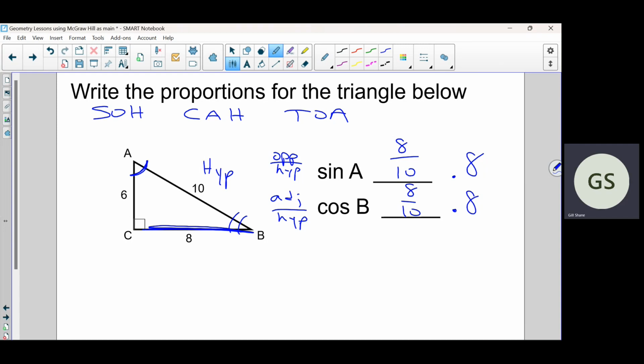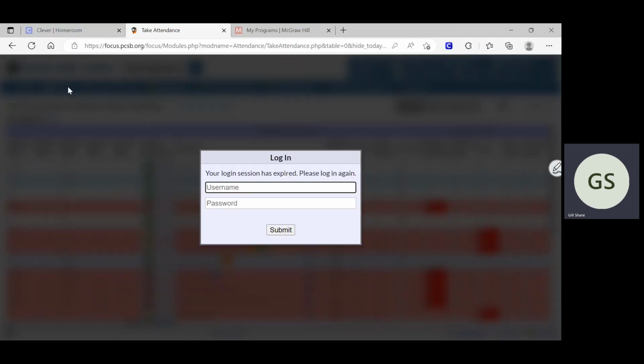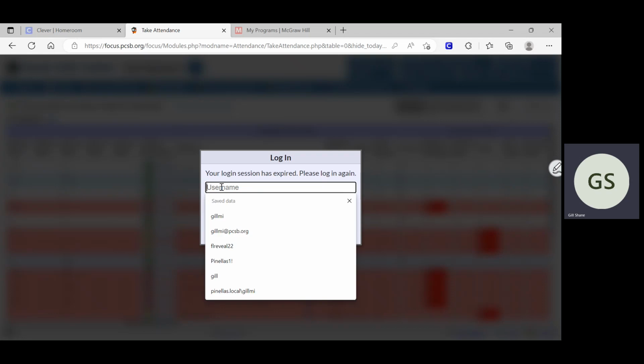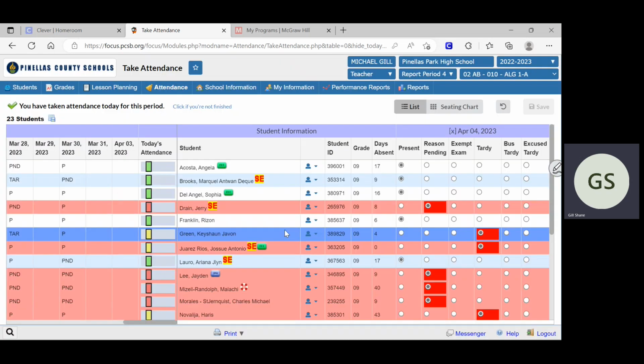Well, there actually is a very real world, not that you guys, unless you go into engineering or architecture, you guys may never do this, but it is a very real world function. We will use this in our life, in this classroom. If you go into engineering or architecture, there's a good chance you'll use it. Now, the computers these days, I'm sure, do most of the work for you, but it's based on tangent, sine. It has to do with